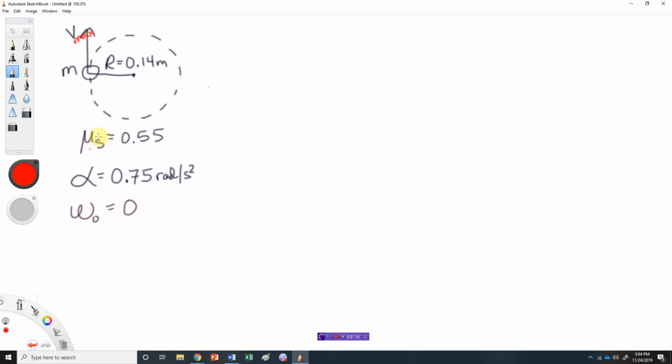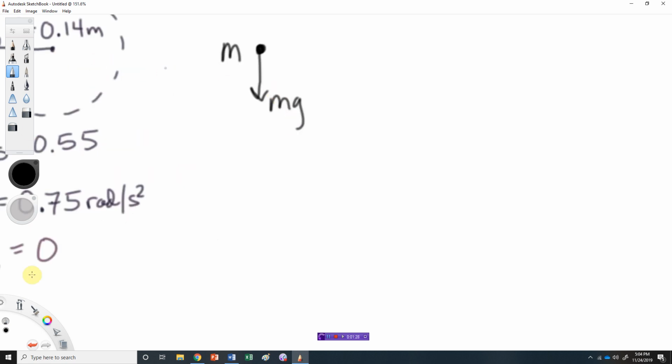So the best thing to do is always a free body diagram. You guys know it, always a free body diagram. So the penny, we're going to do like a side view of it. So here's the penny. By side view, I mean so you can see the force of gravity pulling down on